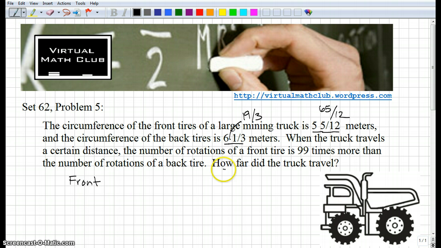So let's call x the number of rotations of the back tire. And so what this tells us is that the front tire goes x plus 99